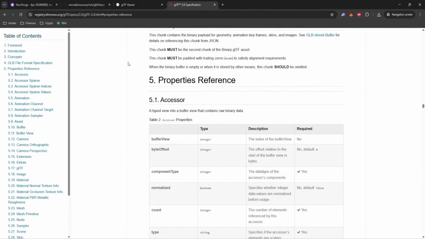And speaking of specification, instead you want to start from the very beginning. This is probably the first page that you should start reading. That's going to give you everything concerning the definition of the GLTF format. So I've been using that pretty often actually during the implementation, because there you can go, for instance, on the